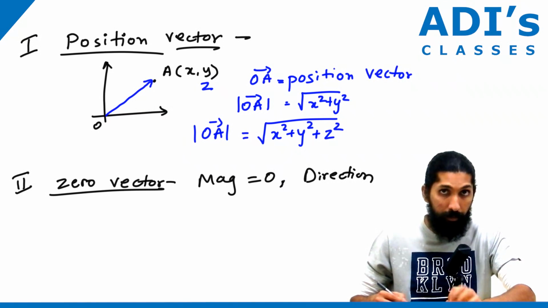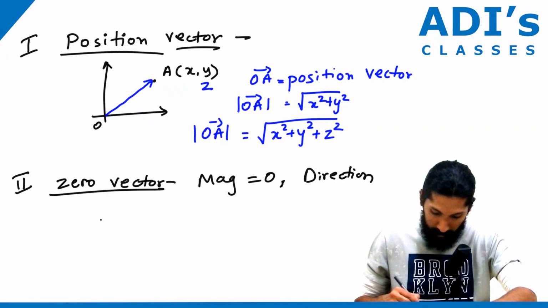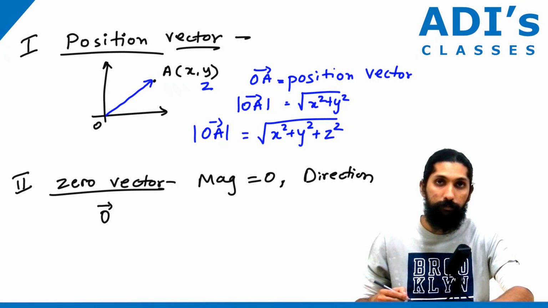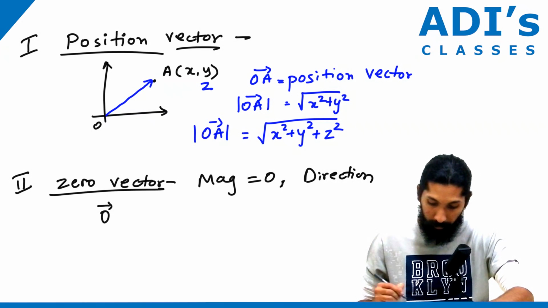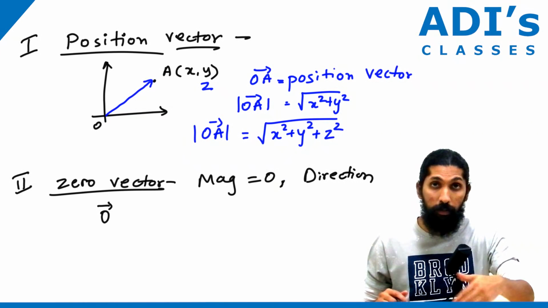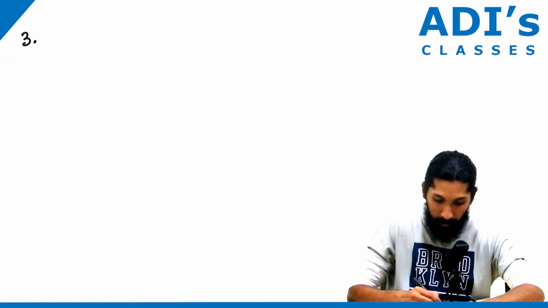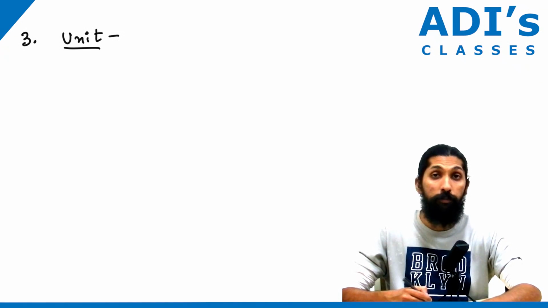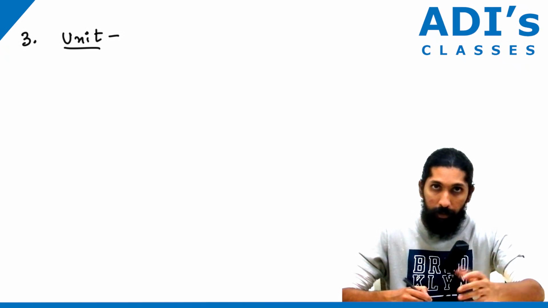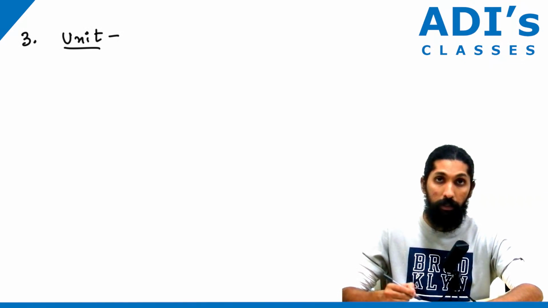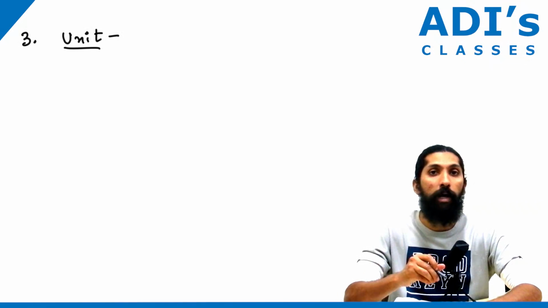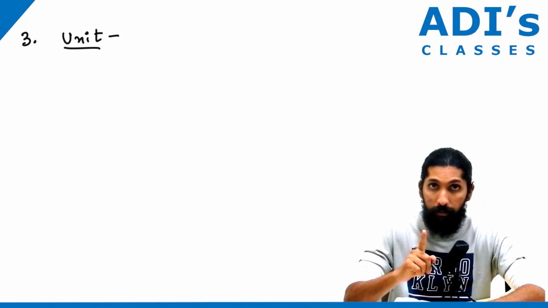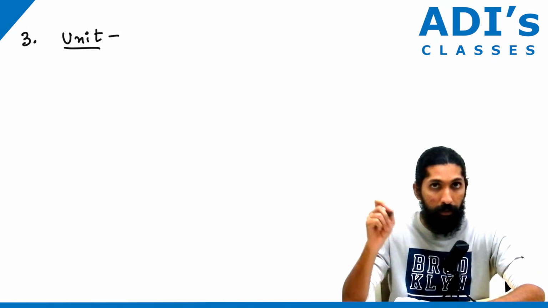Magnitude is zero. So we generally represent it as a zero vector like this. Okay, this is a zero vector. Clear? Now let's look into the next type, the unit vector. Unit vector is a very, very important type of vector because we are going to use this pretty much everywhere. Unit vector is that vector whose magnitude is 1 unit in that particular direction, whatever the direction